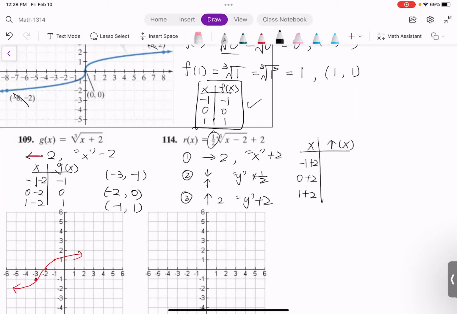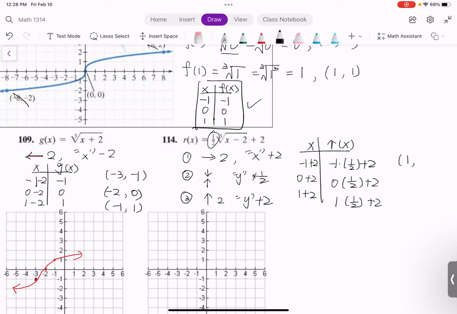So based on the key points here, -1 plus 2, 0 plus 2, 1 plus 2. The y part: y times 1/2 plus 2. -1 times 1/2 plus 2. Oh, sorry. Why did I put -1 here? This is 0. 0 times 1/2 plus 2, 1 times 1/2 plus 2. The key points, they are: